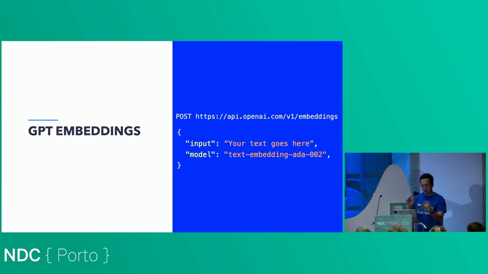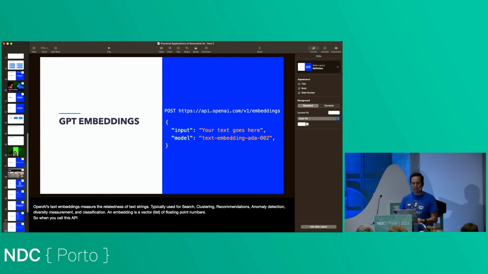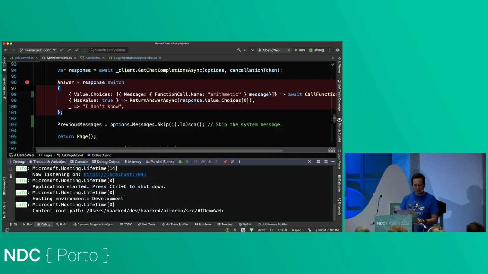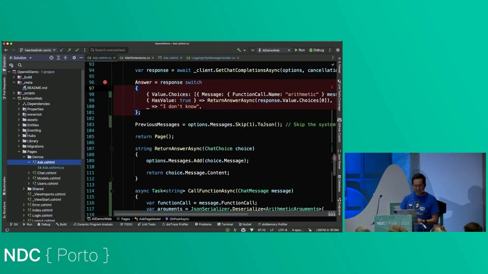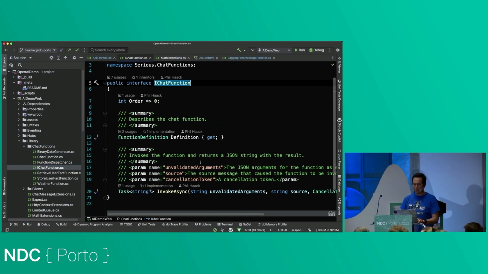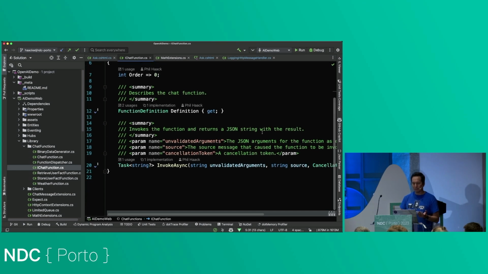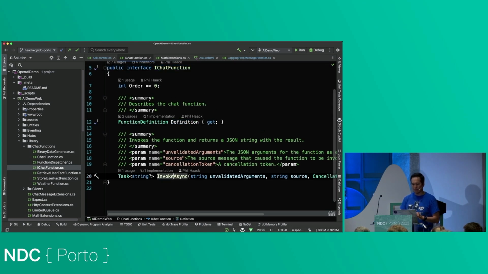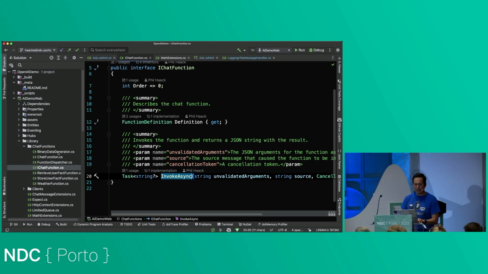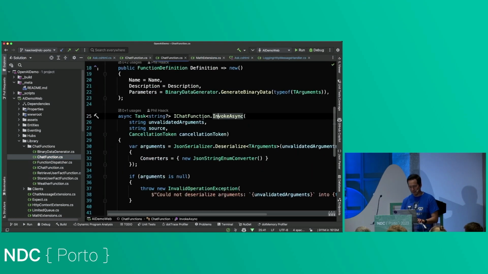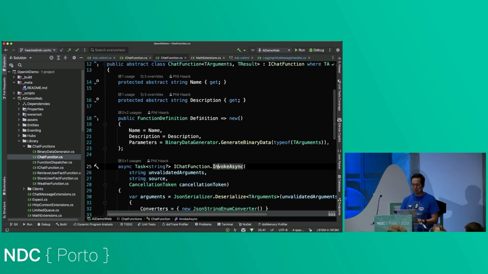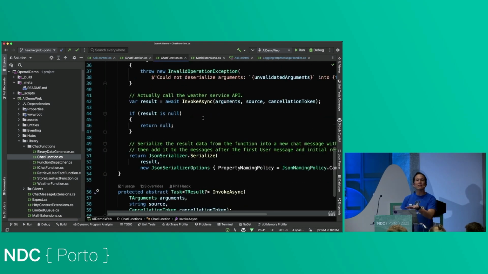Okay, so the next thing I want to actually, before I get into this, you might have noticed that was a lot of boilerplate. I'm always thinking about how to write frameworks to do things that I don't like to do, right? So I wrote a little interface called IChatFunction, and it's very simple. It has a function definition and an invoke async method. And then I wrote a base class called ChatFunction that simplifies it even more. I'm going to make all this open source at the end of this talk, so you don't need to try to understand this. But the key thing here is let's look at the weather function example.